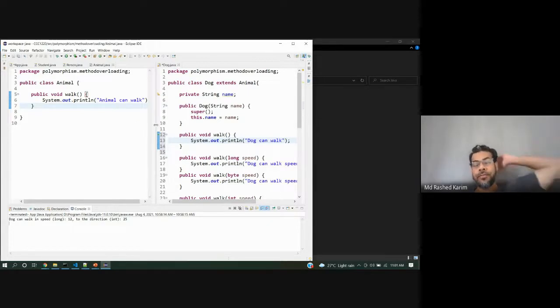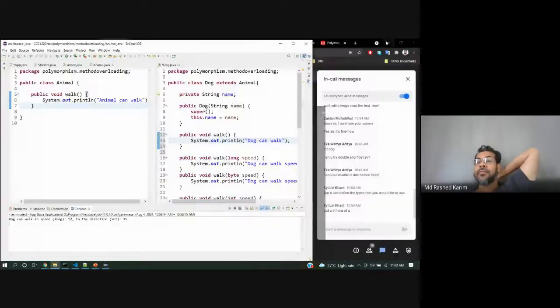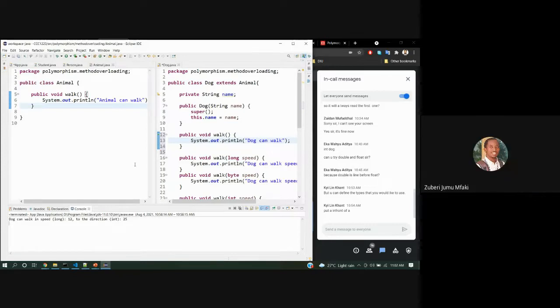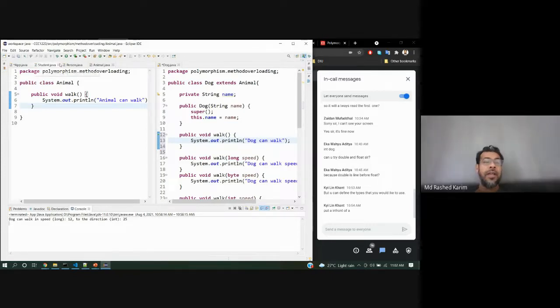Which method will be called? Is it the dog one or the animal one? Because dog extends the animal, okay? Juberi? I think it will be dog. Yeah, it will be dog. Great. You see, dog can walk.